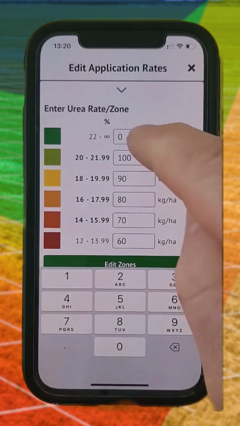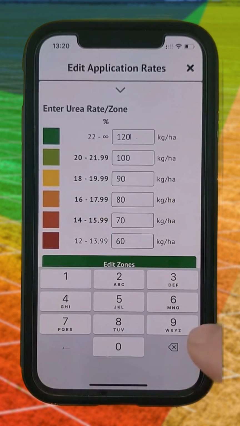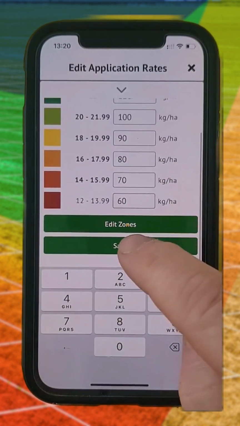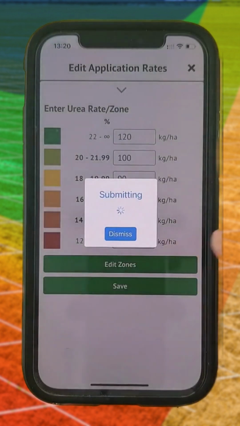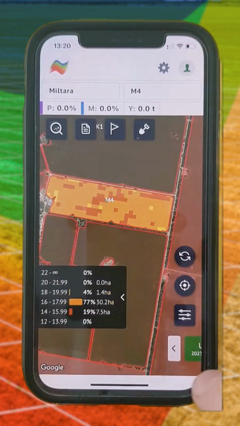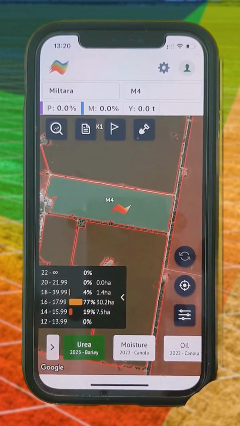It's entirely up to you, these rates. So those are the ones that we want to use. We'll scroll up and then just click save, submit that,